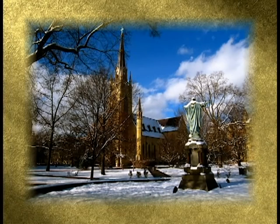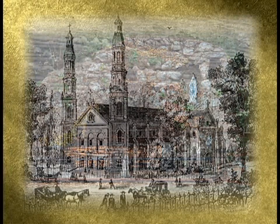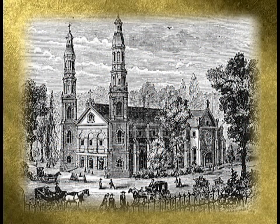The Basilica of the Sacred Heart is the university's church, a favorite center of Catholic worship for people in the South Bend area, and along with its neighboring grotto, an international site of religious pilgrimage. The first church on this site was built by Father Sorin in 1847, but following the university's dramatic expansion after